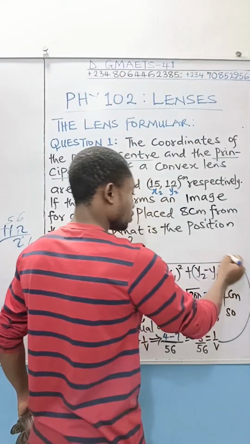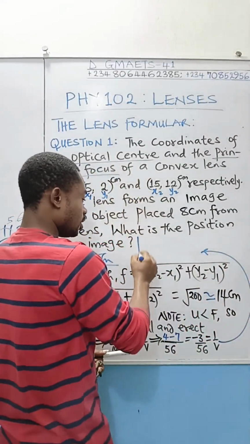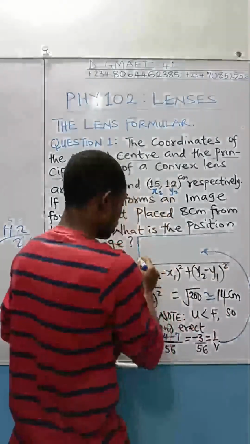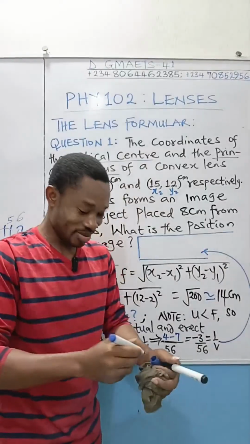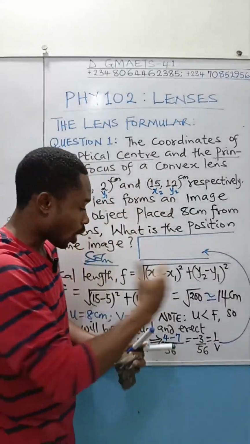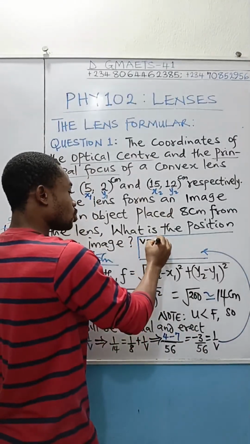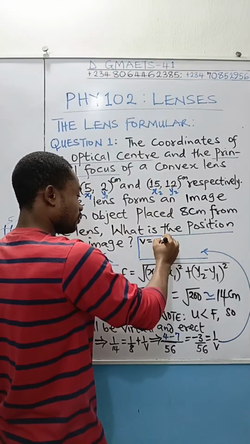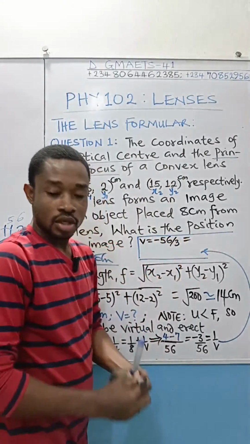And then I'll enclose this gauge. Always use your IQ. I don't want to use the other side of the board. So use our IQ to work out something. So from here now, our v will now be equal to minus 56 over 3, which is equal to, divide